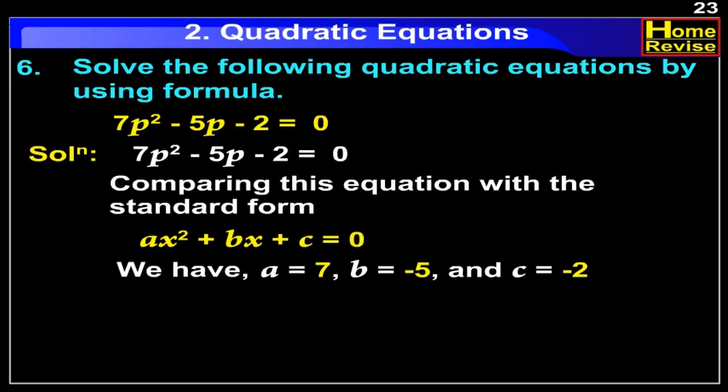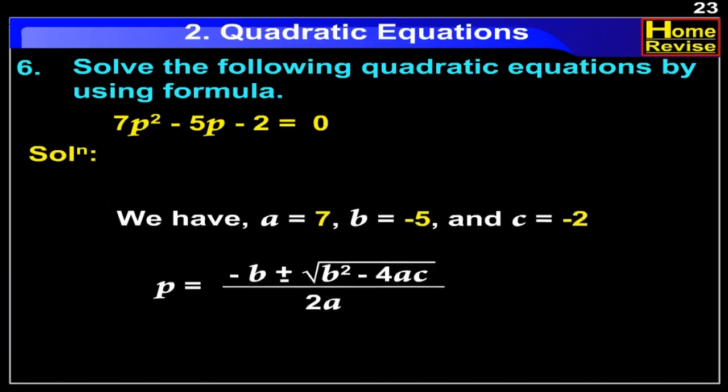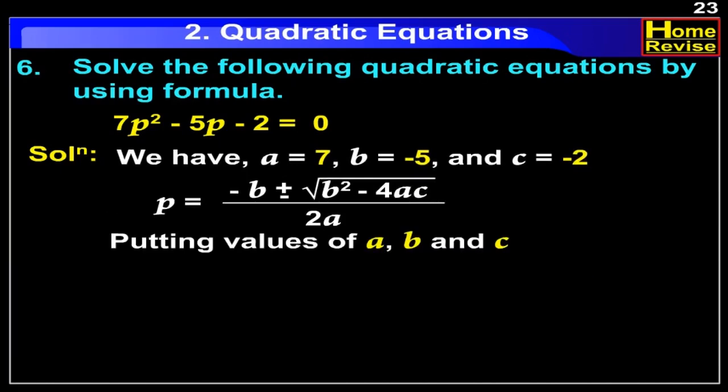Now, by using the formula p = (-b ± √(b² - 4ac)) / 2a, and putting the values of a, b and c, we get